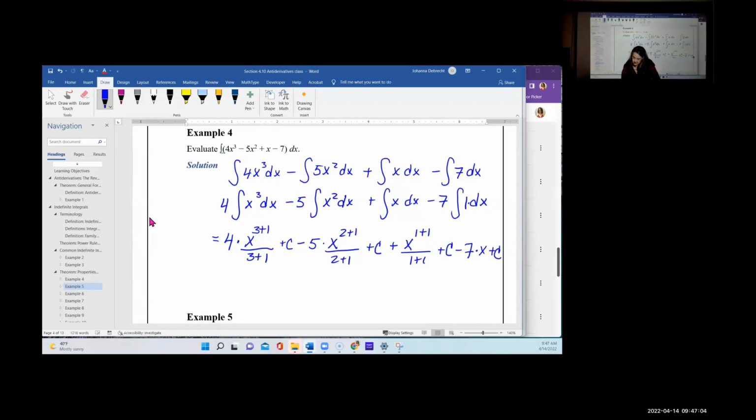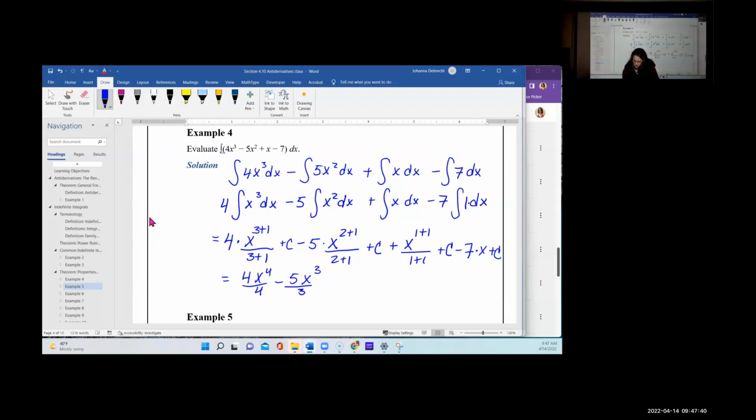Plus a constant. Now, this will be the first and last time you ever write constants 4 or 5 times. Because what is a constant plus a constant plus a constant plus a constant? It's a constant, right? So taking 4 constants and adding them together, you'll just ball them all together and have 1 plus c. So this is going to become finally 4x to the 4th over 4 minus 5x